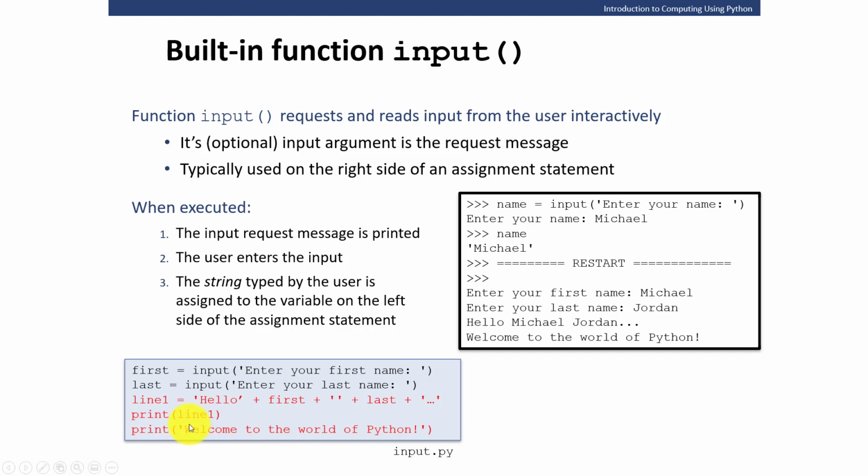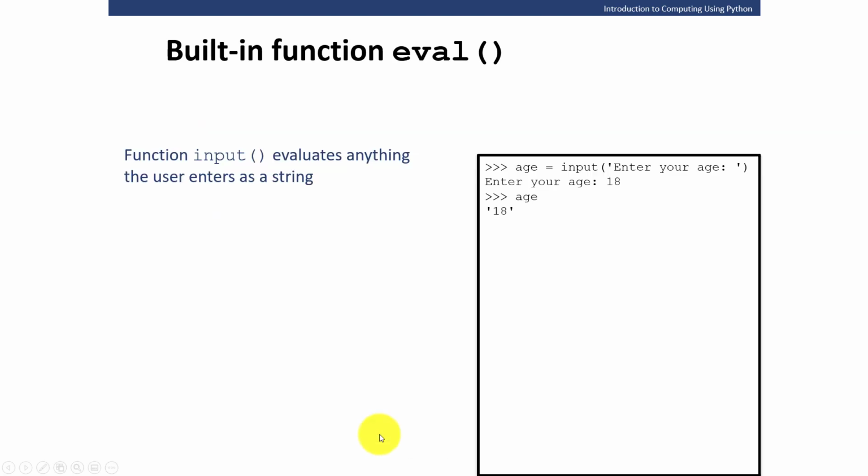By default, the print function has an end delimiter, which is \n. I will show it when we discuss the print and the format function in detail. This will create a new line, and then we will print welcome to the world of Python. Okay. So what if I would like to